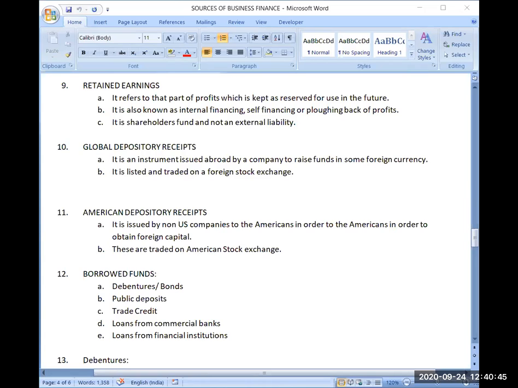But somehow, if the company is good and its profits are good, foreign citizens are also willing to invest in such a company which can earn a good amount of profits for them. Now, how will they get this opportunity? For that purpose, the company can issue global depository receipts in their country, which they can purchase there. And purchasing and selling of that global depository receipt will be done on some foreign stock exchange,